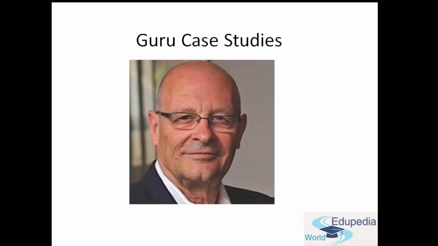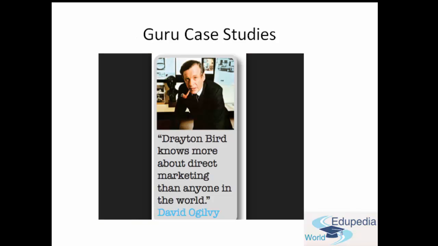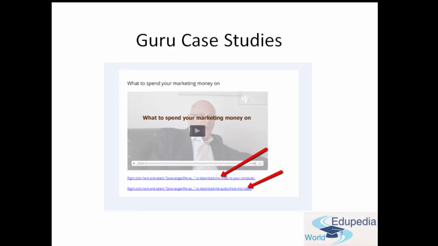Now the flip side of it is, here is a fantastic teacher, a very, very sharp marketing, advertising, copywriting brain. His name is Drayton Bird, and the father of modern advertising, David Ogilvy, once said that Drayton Bird knows more about direct marketing than anyone in the world. Now I'm a student of Drayton, and as you can actually see, here's one of his lessons,